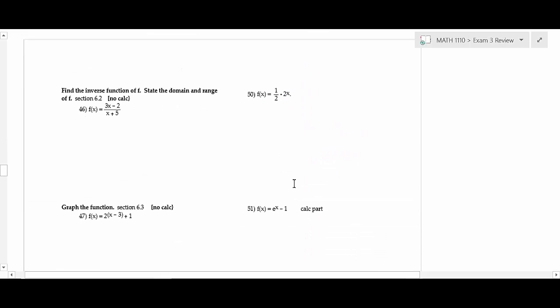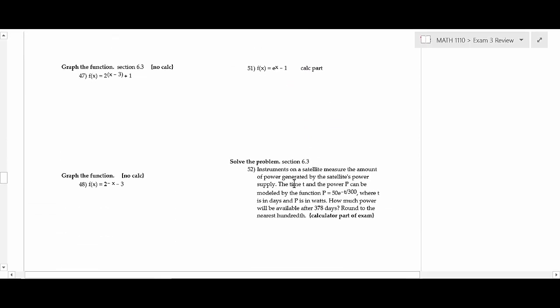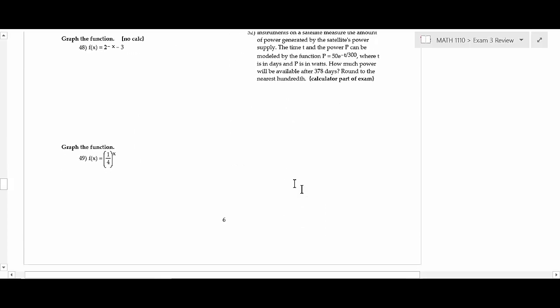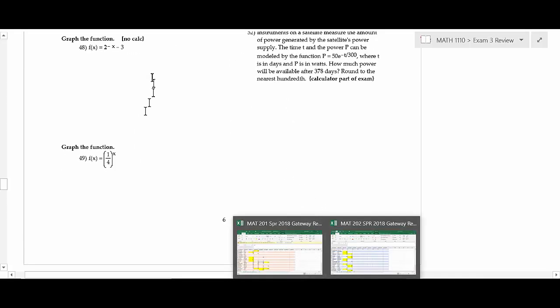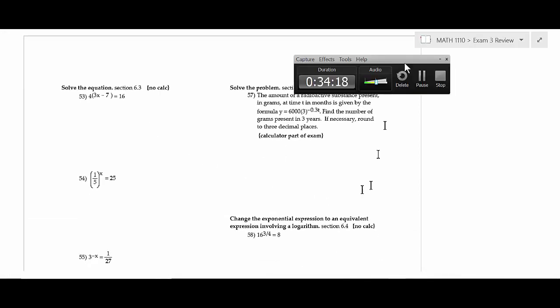Let's see, I'll be posting solutions on this tomorrow. And then you guys can look at those over the weekend, and anything that you need to go over in recitation you need to do. So I'd recommend that you try to